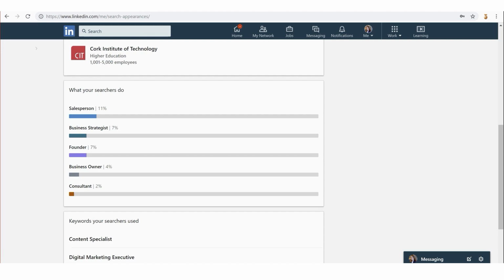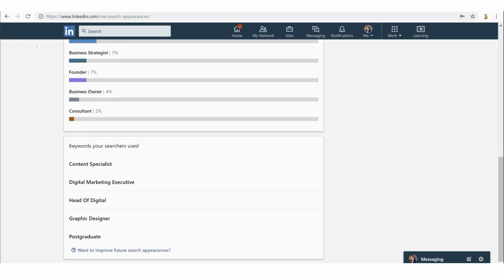Now for you as a job seeker, ideally what you'd like to see here would be a lot of recruiters, talent acquisition, HR people, but also maybe heads of teams. So if you're in engineering, there could be a head of engineering who may have the decision on who they hire coming into the team or not. But you're just always looking for alignment here. Who are you trying to influence, and are they appearing? Are you appearing in their searches?